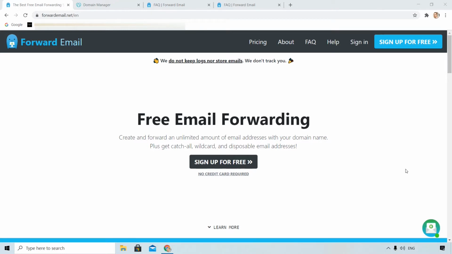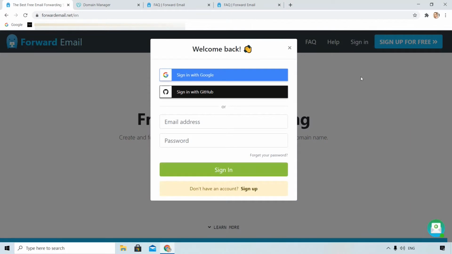The first step is to sign in for forwardemail.net. I will click apply. I will sign in with my Google account, but of course you can create an account the usual way by giving your email and password, but signing in with Google is faster.